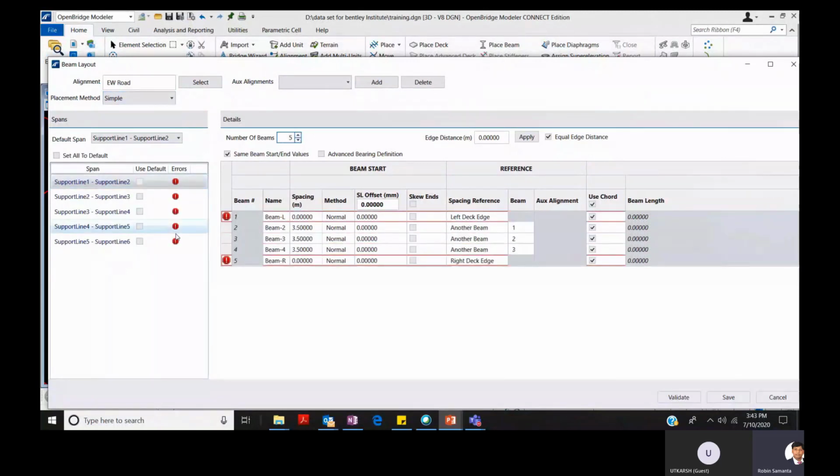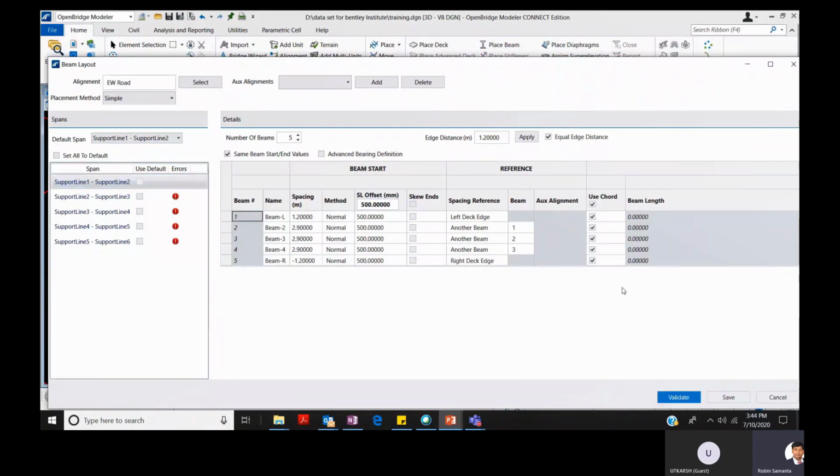Now you can see that I am changing my girder numbers from 2 to 5, and I am giving an edge distance of 1.2 meter. That would be the edge distance from both sides. Then I'm giving a longitudinal offset of 500 millimeter from both sides. So I'm selecting it, and you can validate it and see graphically how it looks, right?